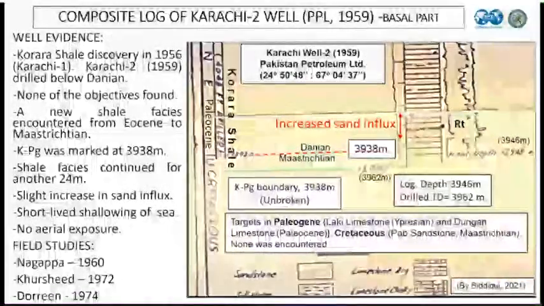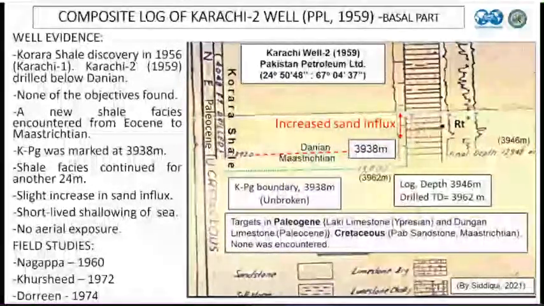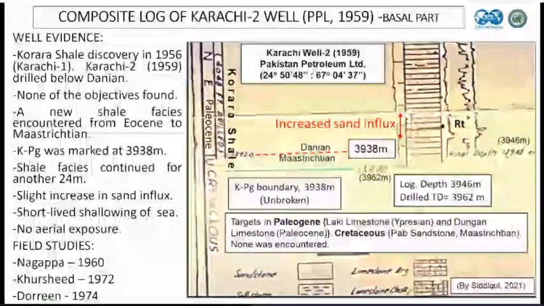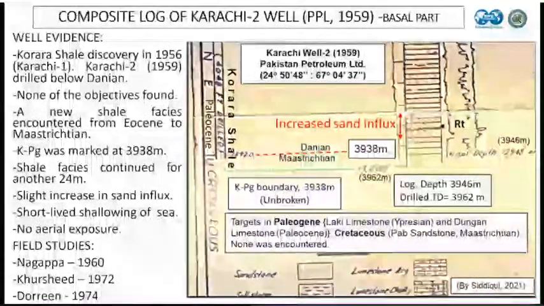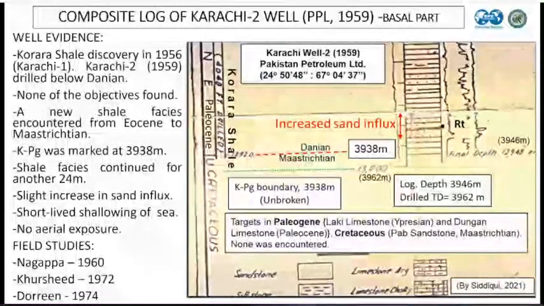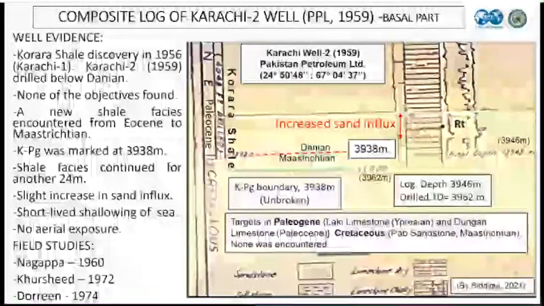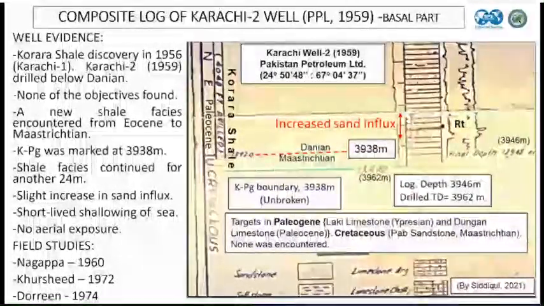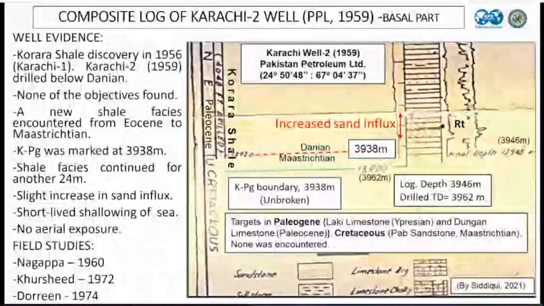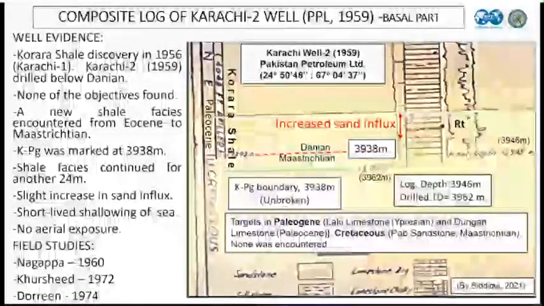This new subsurface stratigraphic find was pursued on the ground by three biostratigraphers, namely Nagappa, 1960, Khurshid, 1972, and Doreen, 1974. The respective biostratigraphic tables are in the proceedings volume. Two field sections were measured in the southern Pub range and one in the Per range where Korara shale crops out. All the three experts could not find a physical evidence to mark the KPG boundary in the field, and